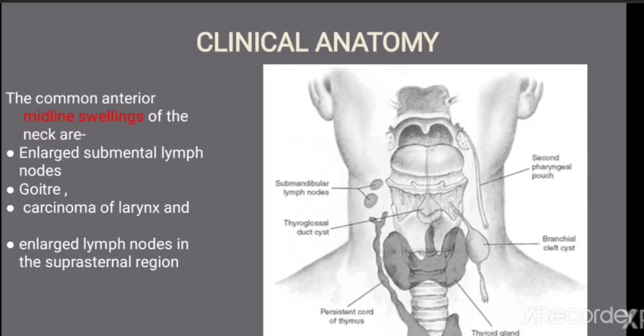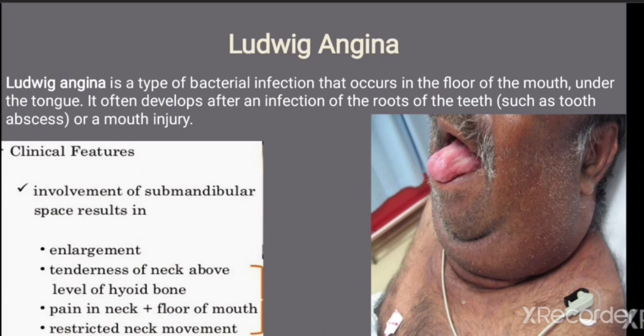Now the clinical anatomy. The common anterior midline swellings of the neck may be due to enlarged submental lymph nodes, or it may be due to goiter, carcinoma of larynx, and enlarged lymph nodes in the suprasternal region. So here is Ludwig's angina. It is a type of